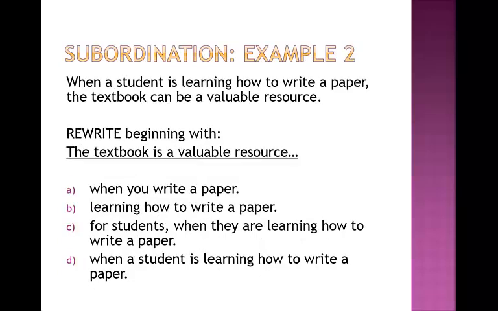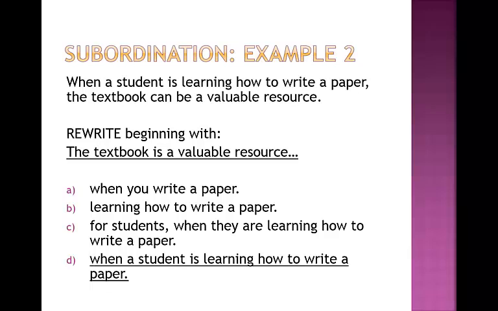You can't do that. You can only attach one fragment to a sentence. Here's another example. When a student is learning how to write a paper, the textbook can be a valuable resource. So if we do the comma test, it reveals that the first part of the sentence is the subordination part, and the second part is an actual complete sentence. It also is revealed that the subordinating conjunction that we're looking for is the word when. This is a time relationship. So now we're rewriting the sentence and we're starting it in an entirely different way. The textbook is a valuable resource, and the correct answer is D, when a student is learning how to write